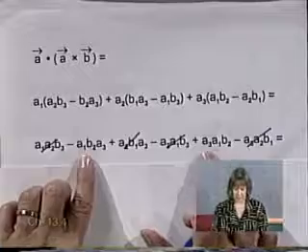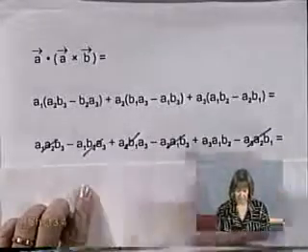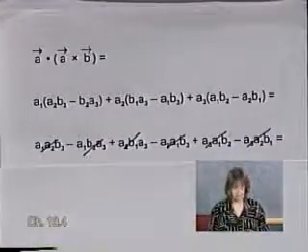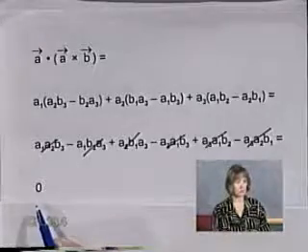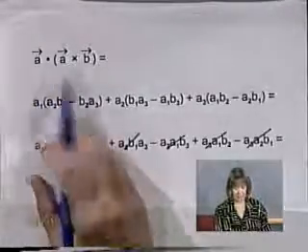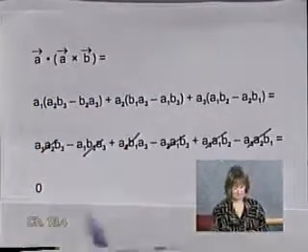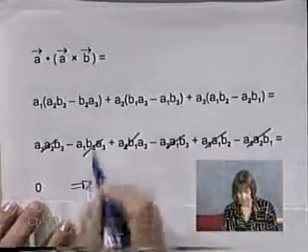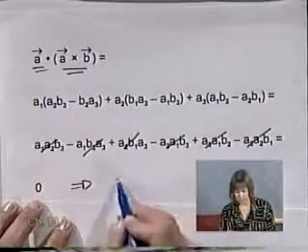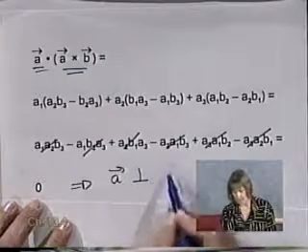This one here is A1, A3, B2. They cancel each other. And if everything cancels, what do we end up with? 0. So we just proved that A dotted with A cross B is equal to 0, which implies that when the dot product of two vectors is 0, it means the one vector is perpendicular